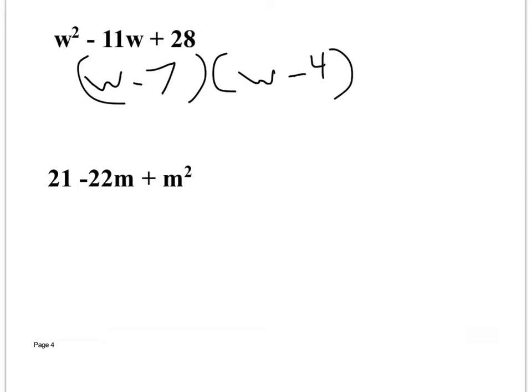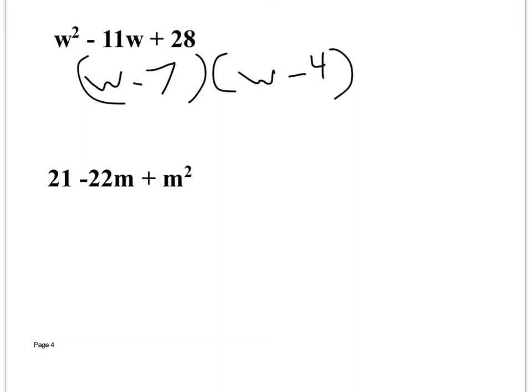Well, let's do this one. 21 minus 22m plus m squared. Does that really change anything? No. This is still your first term, this is still B, and this is still C. So we need to figure out what,